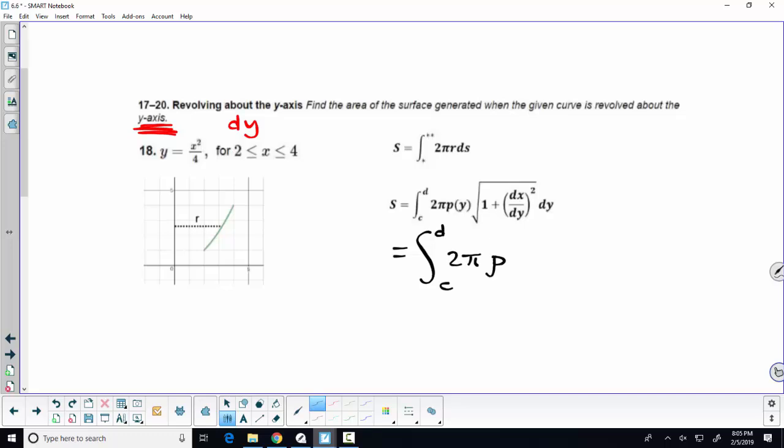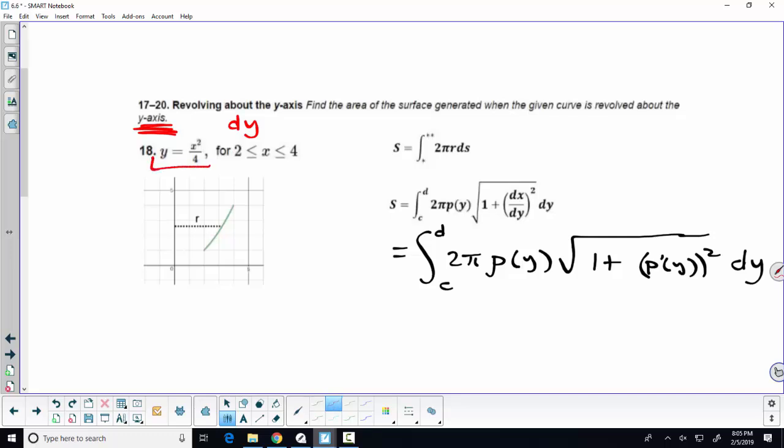They're calling their function p of y. What do I call that? I guess we'll call that p of y squared. P prime of y squared. So that also means when we look at this function, it's y equals x squared over 4. We need everything in terms of y, so we need to solve that for x and then work with that. So we're finding x prime squared, adding 1,